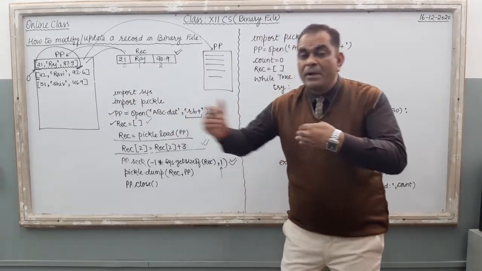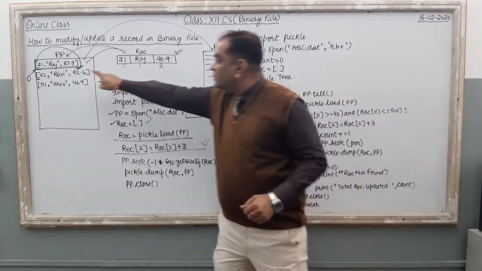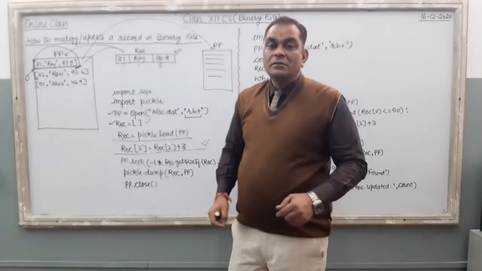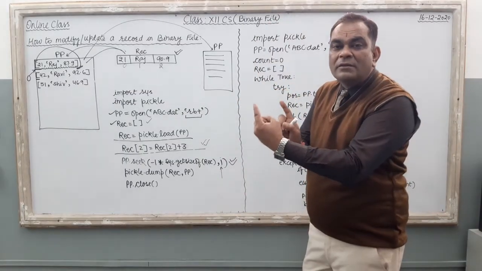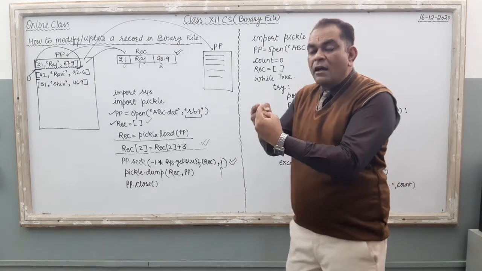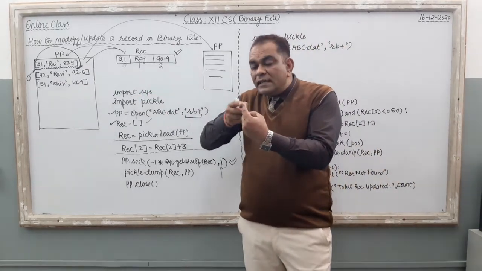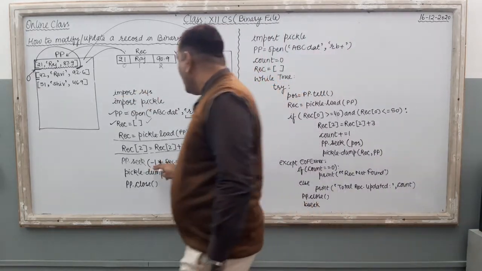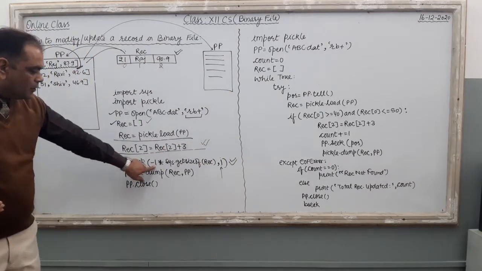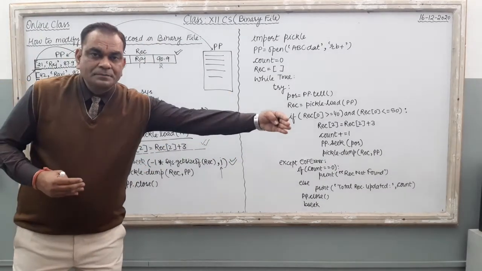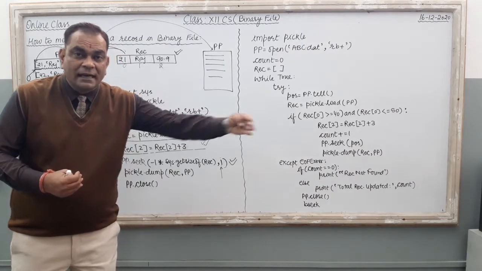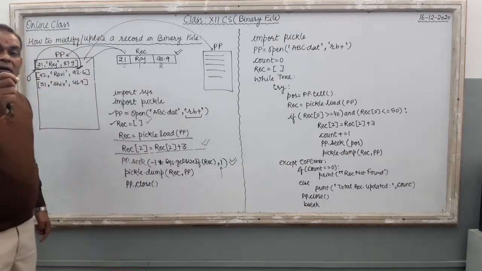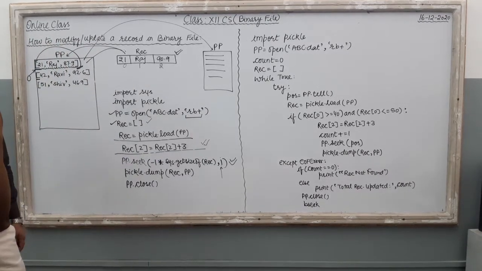Now how many steps do I have to go back? As many steps as the size of this object. Right? So very first you get the size in bytes of the object, and then move the cursor back by that many bytes. For that, -1. Minus means back. If I use +1, it means forward. So what do I want to do now? I want to shift the cursor back. So here -1 into. Now how to get the size of the list object in bytes?